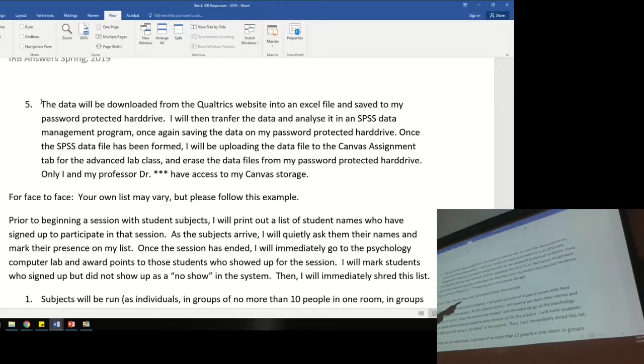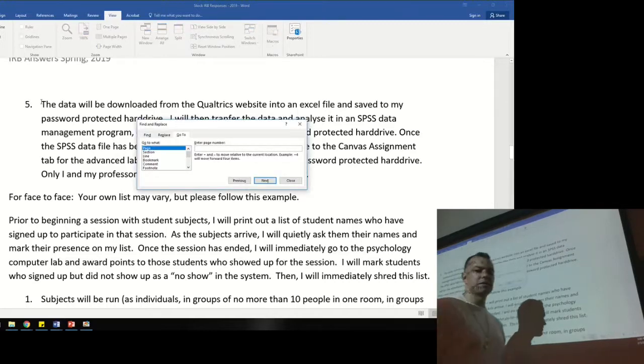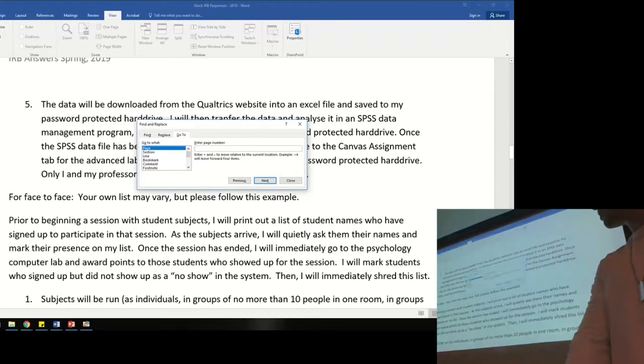Once again, saving the data on my password-protected hard drive. So you're going to download it off of Qualtrics into an Excel file. That Excel file is eventually going to go into an SPSS file in order to be analyzed. So make sure that you include that. Once the SPSS file has been formed,